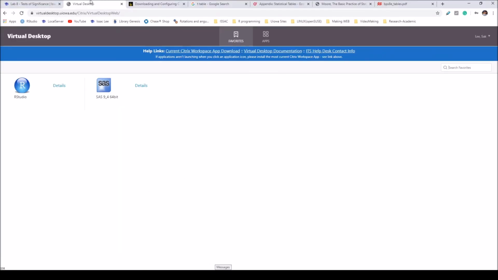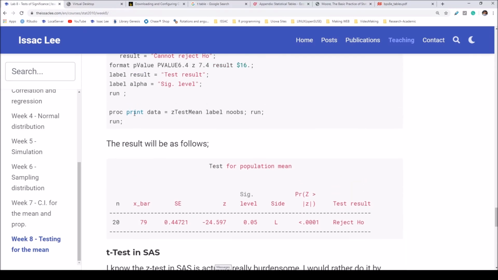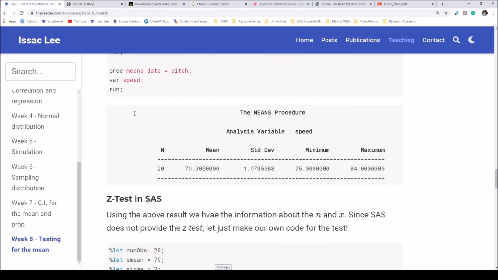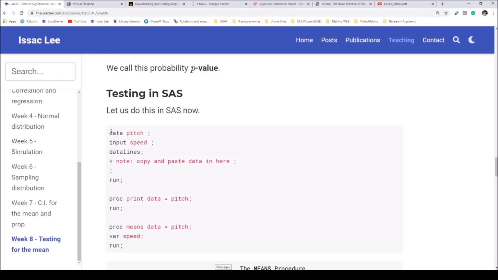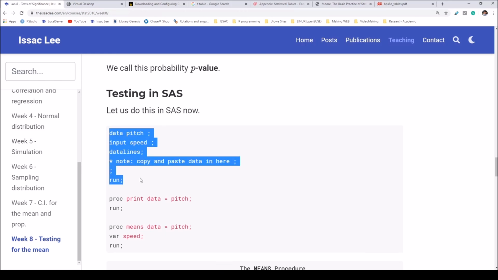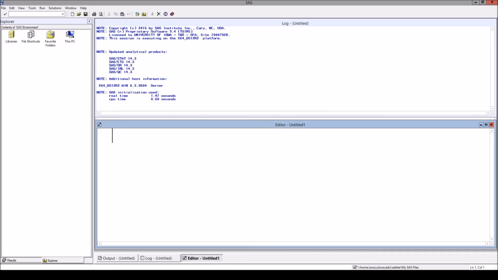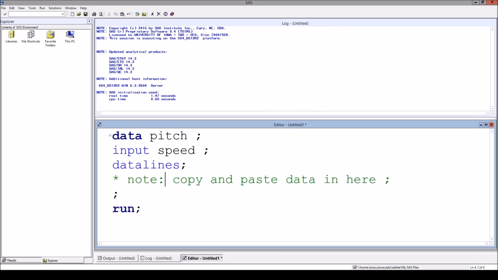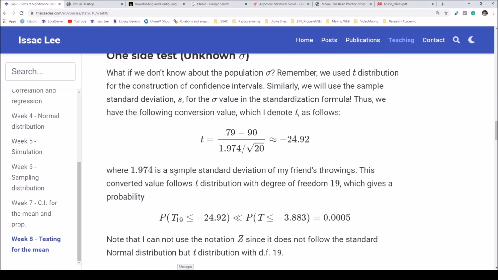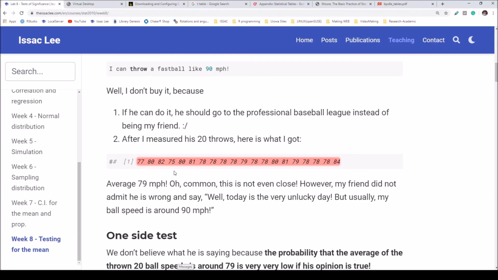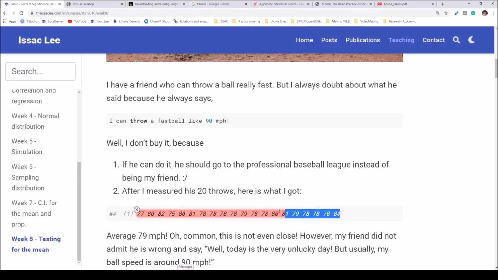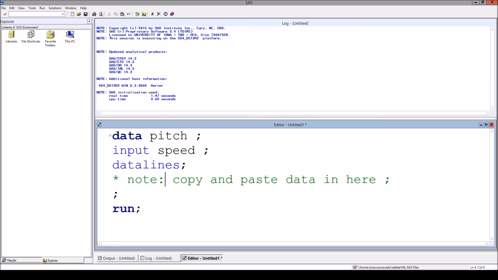So just go to my website. This is the template for loading the data. Copy and paste. And in here, I need to put every number that I have from the 20 throwing. Copy and paste.